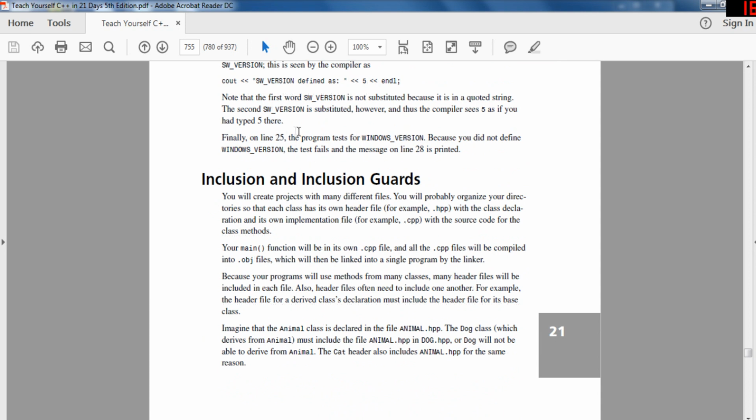Okay. So yeah, if you did not define the Windows version, it shows a failed to print. Okay, so